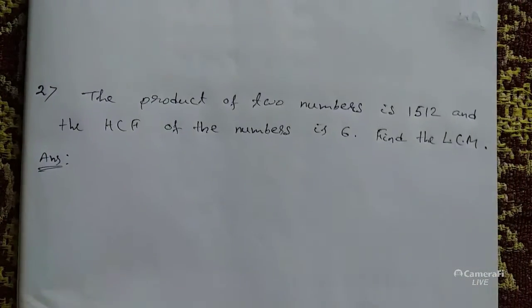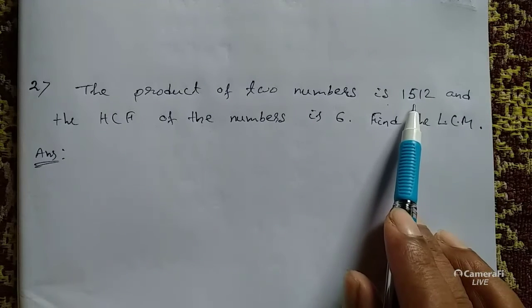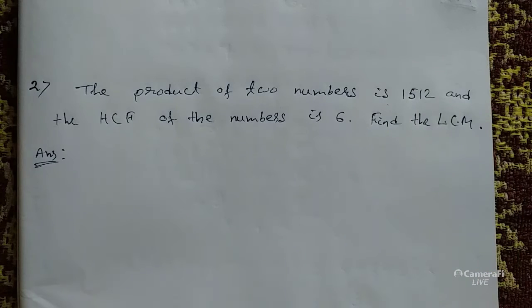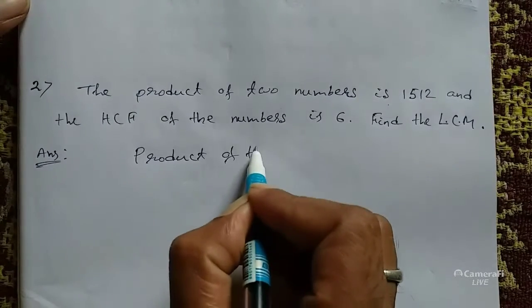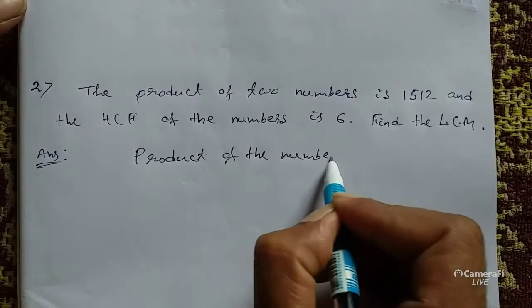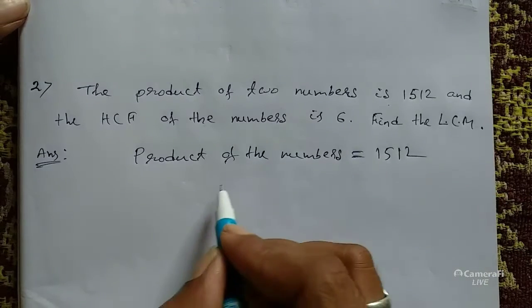Now coming to the next problem, here is problem number 2. The product of two numbers is 1512 and the HCF of the numbers is 6. Find the LCM. So here the product of the numbers is given, HCF is also given, and you have to find the LCM. First we will note down: product of the numbers is 1512 and